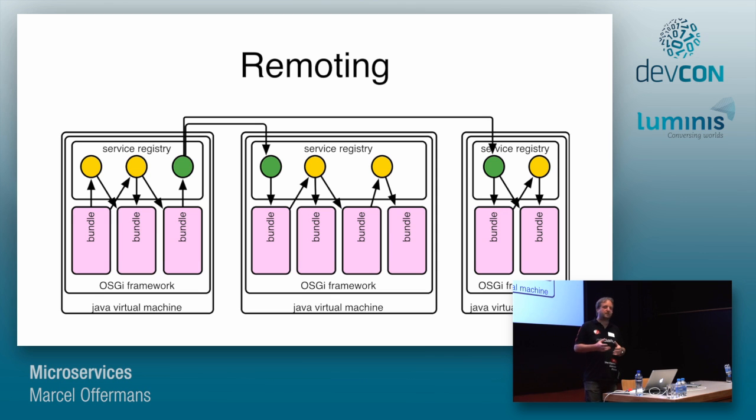For local networks, you have stuff like SLP and Bonjour that do discovery on a local network. And for cloud environments, you usually end up either talking to something like etcd or maybe ZooKeeper or something like that. So those are implementations that you can use for discovery. And once those services are discovered, they are just usable in the OSGi container as if they were local services. So there's really not much you need to do from a development point of view to transform a locally running application into something that runs in a more distributed way.